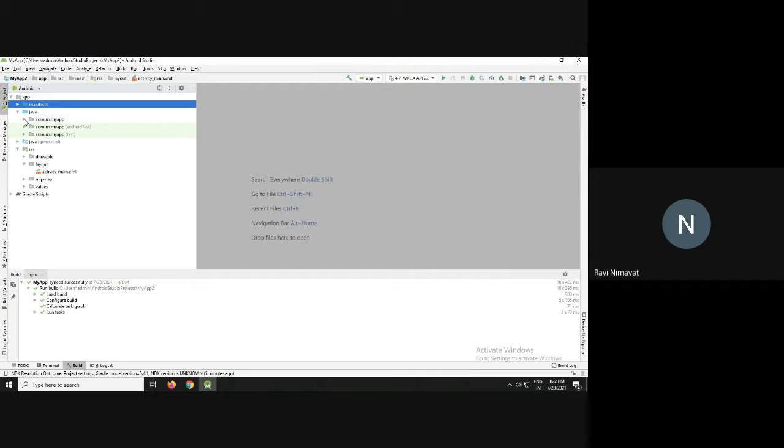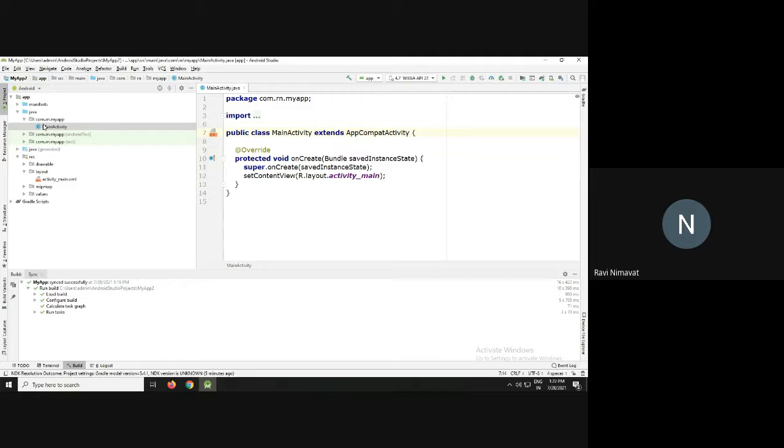In this Java folder, one Java class is there. It is a main activity. Student, main activity means it is a main screen that handles the main screen of our Android program. Ready? So starting we just use one activity and one UI. Then we do the advanced practical. At that time we will use the